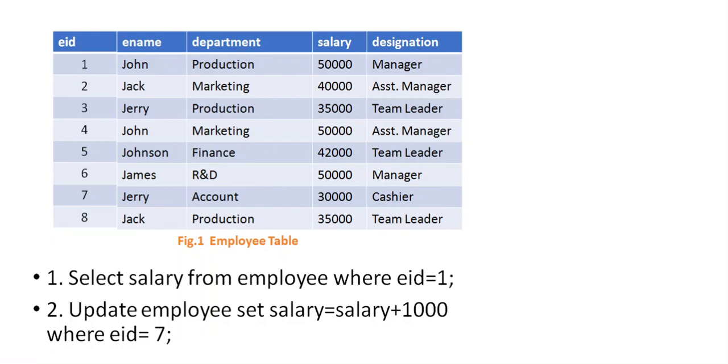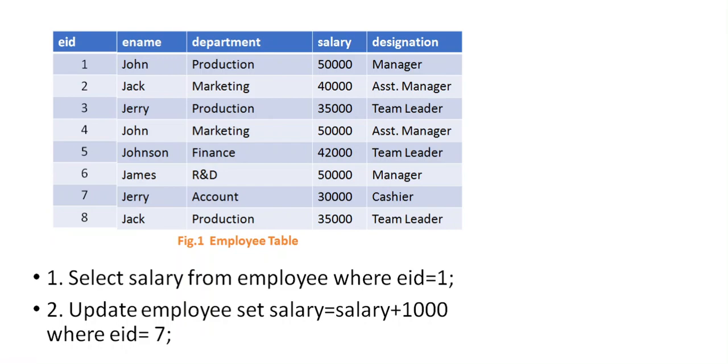It will not update any other row because there is an exact condition given where employee ID is equal to 7 and all the employee IDs are different. Okay, so employee ID can be used as a unique identifier in this table. What is a unique identifier? A unique identifier is an attribute by using which we can access an individual row, and these attributes are unique. Okay, all the values in these attributes are unique.